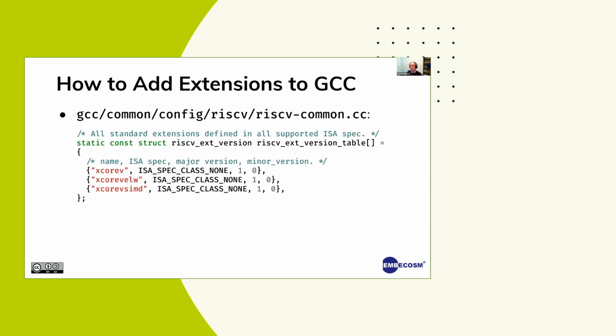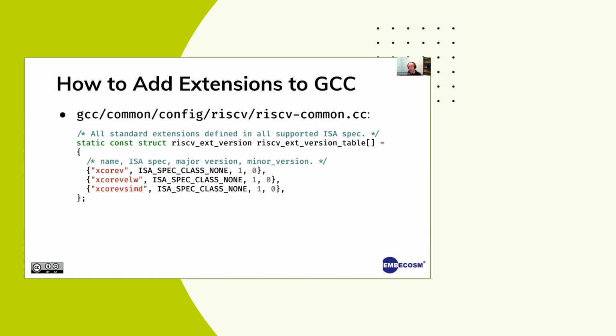So before we add the built-in, we need to make sure that GCC understands the extension. If you look inside riscv-common.cc, there is a struct which is a list of the extensions and their versions.